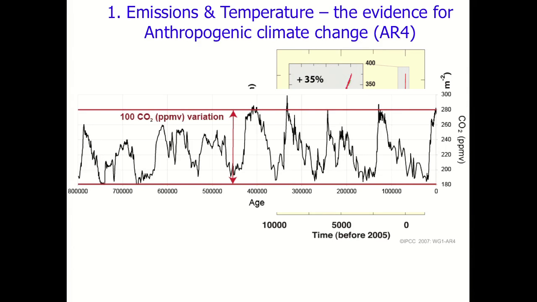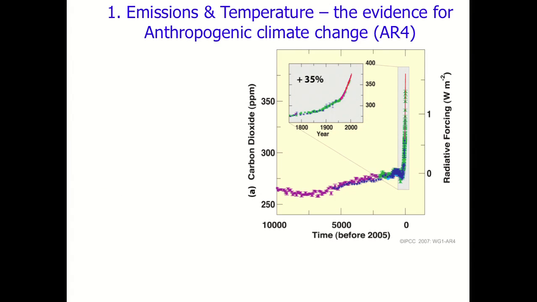That's the sort of range we should expect. But of course today, and today we mean 2005 when this report was submitted, you can see that the concentrations far exceed the past natural changes and the natural ranges, at least over the last 650,000 years, probably 800,000 years. What have those changes been due to? Well, obviously, when it comes to CO2, mainly due to fossil fuel use. There is a second, smaller but significant contribution to CO2 increase from land use change. So it's very likely that the CO2 increases have been due to man-made emissions.